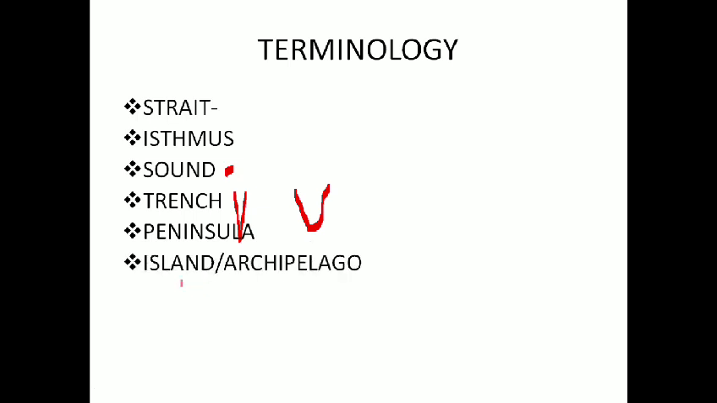Island: if a landmass is completely surrounded by water on all sides, it is an island, and a group of islands is referred to as an archipelago. A channel also does the work of a strait, which connects two bigger water bodies, but a channel is a continuous